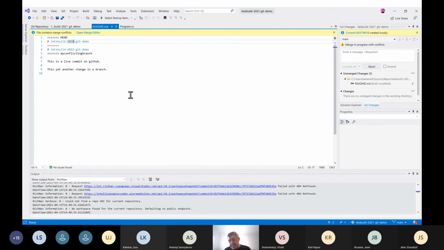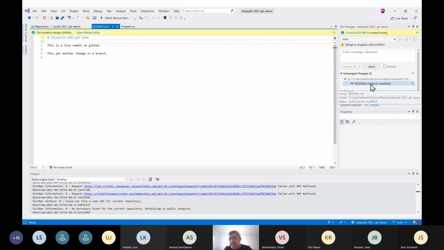So typically what you have to do to solve a merge is you just have to decide which was the change. Well, I want to leave the 2022. So you just leave the part of the content that you want to merge, right? You can use the merge editor because it offers a diff between files and so on, right? But once I do that,